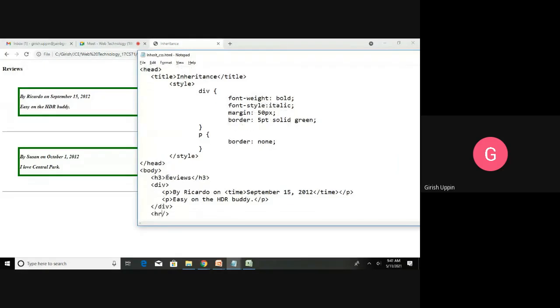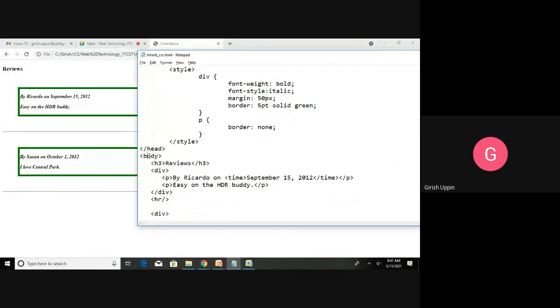Now this is the close of the head, then we have the body. Inside the body we have h3 review. This review is inside the body, and whatever is the default nature of the review, that is the style given by the browser, is how it will be displayed. After that I have a div, and inside the div I have two paragraphs. These two paragraphs will inherit from the div.